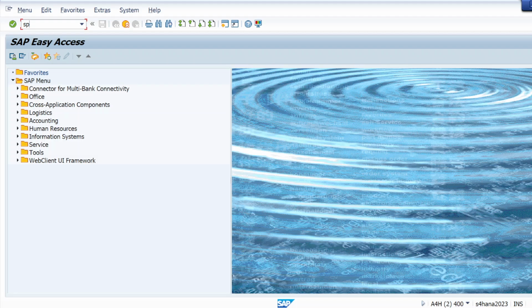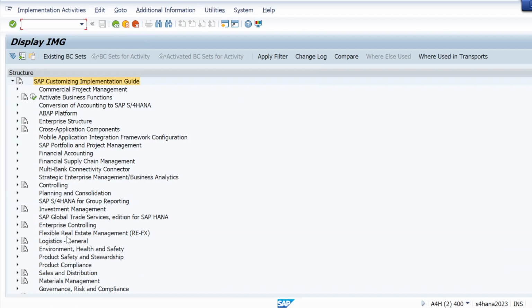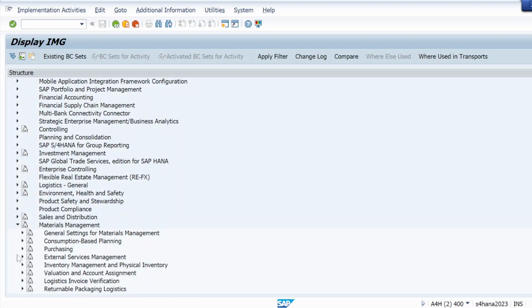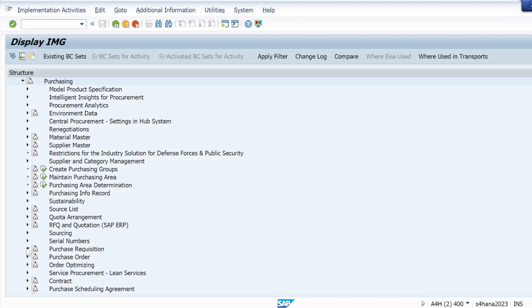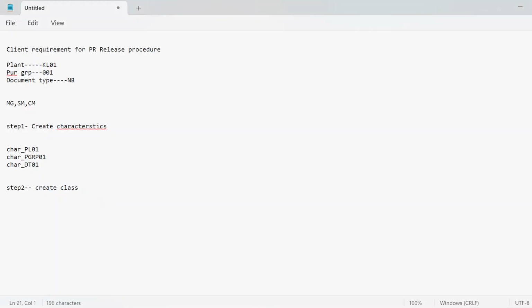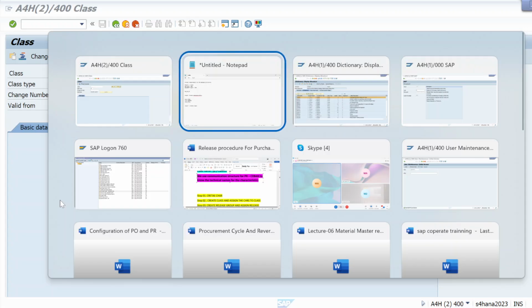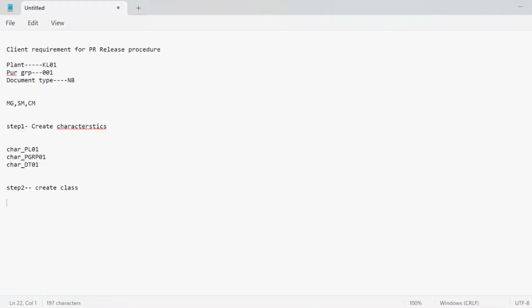So let me go to SPRO again. Go to IMG. Here go to material management. Go to purchasing. Go to purchase requisition. Go to release procedure. Go to edit class. Characteristics done. Next step is create class. So let me go to edit class. But let me take a class first. So let me take like PR class underscore 01. You can take anything here. So I just took this